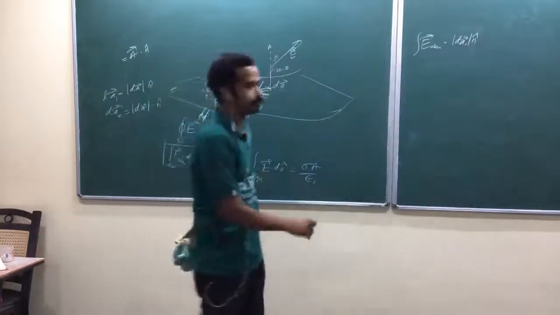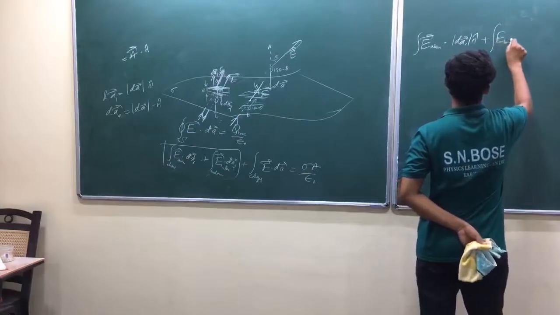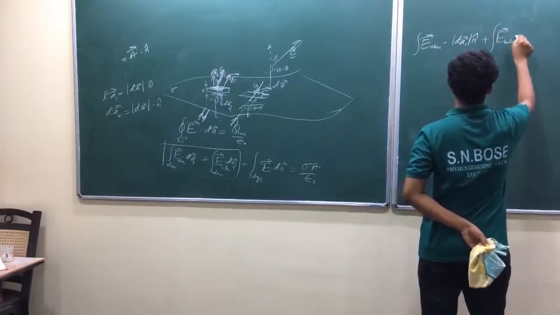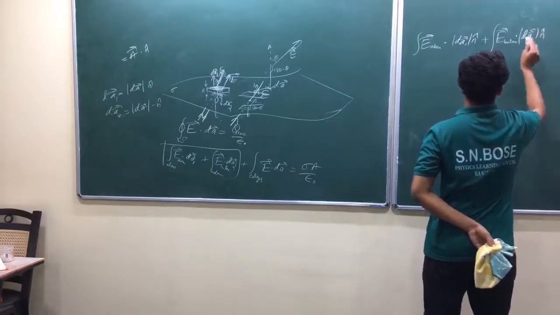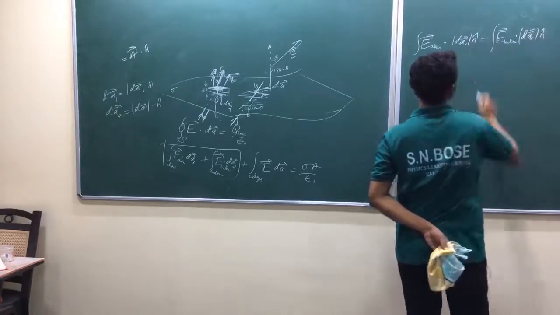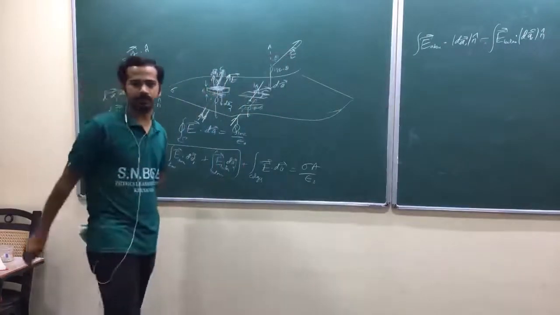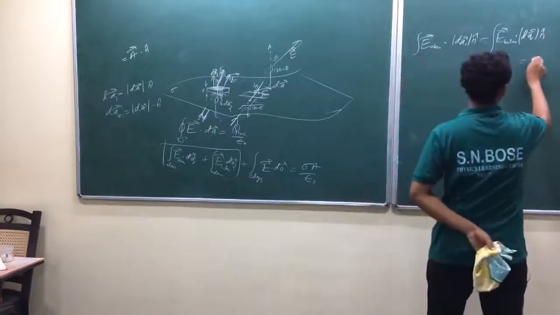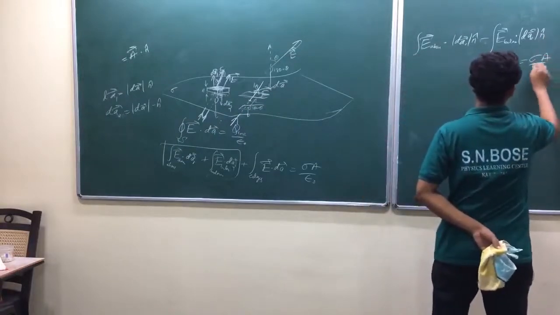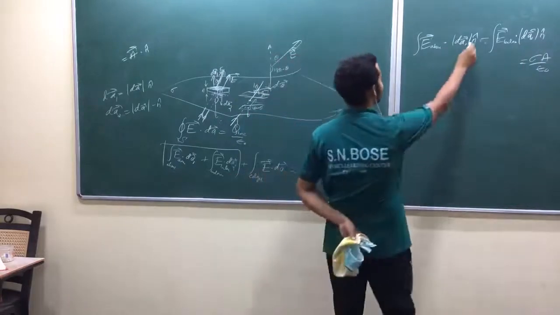Any question? Plus E below surface dot dA2 n cap, with one more negative sign. Anyway, in the dot product, I can take that negative sign outside. Am I right? This is minus n cap. That's equal to sigma A by epsilon naught. Yeah, I think this is the best idea. Look here. Theta will not come into play.